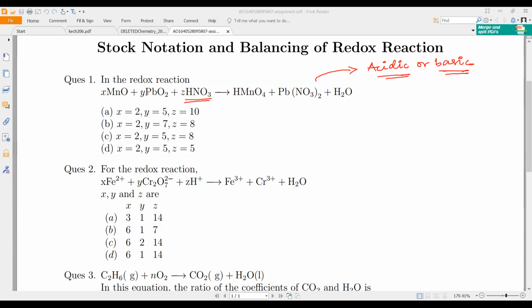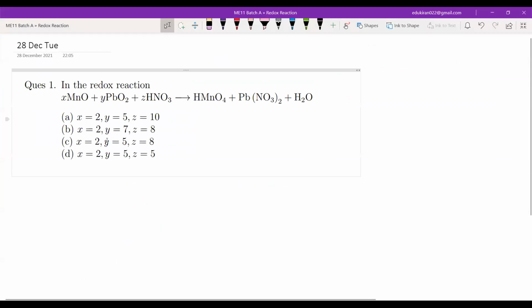Let us try to do this question. So what do we have? We have MnO plus PbO2 plus HNO3, giving me HMnO4 plus Pb(NO3)2 plus H2O. Fine. So you guys start. If you have the oxidation state, please turn the mic on and tell me the oxidation state of